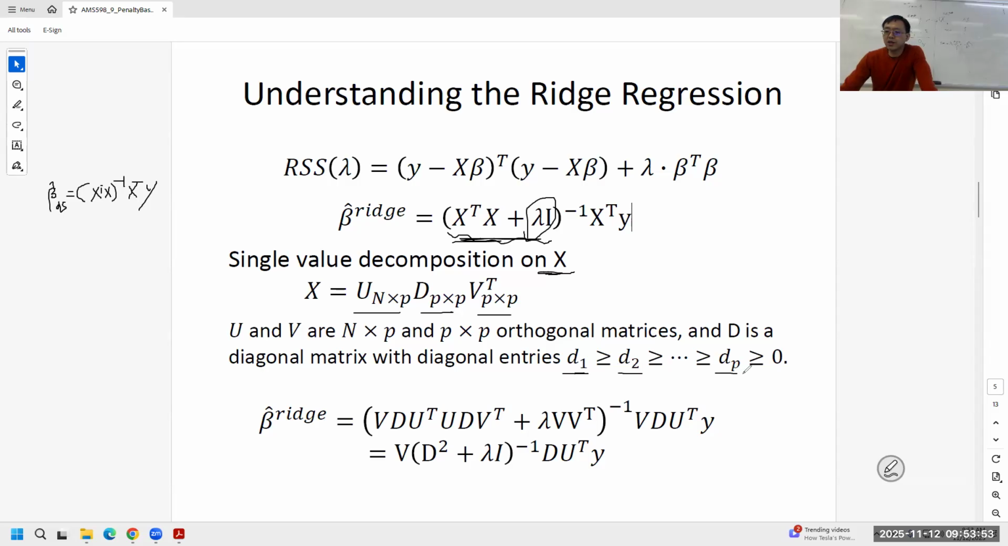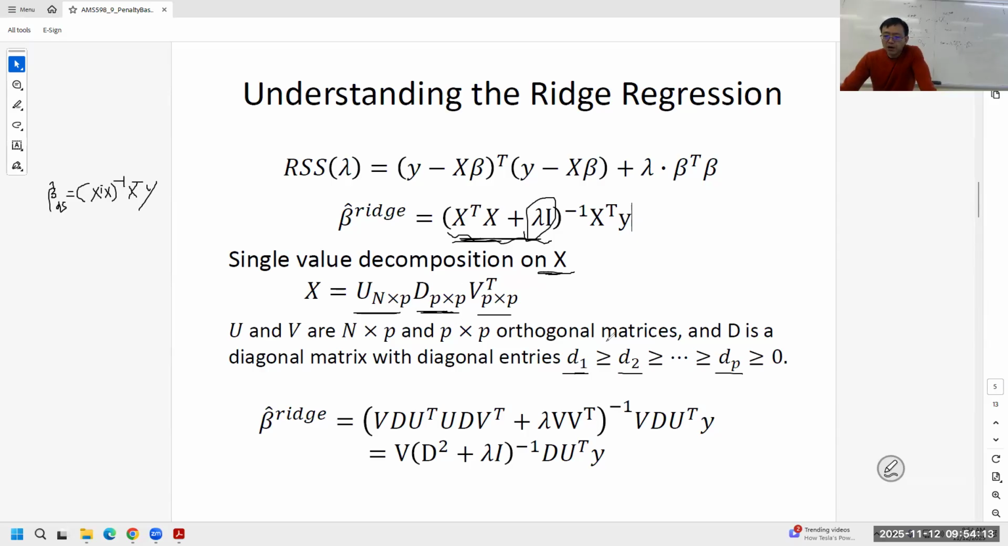We can order them in the sequence. Because of the P, the reason we have P here, I will assume X is a full column rank matrix. So therefore the rank of X is going to be P. So therefore this can be written as